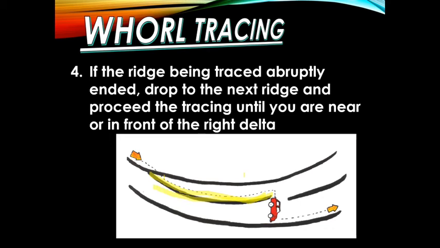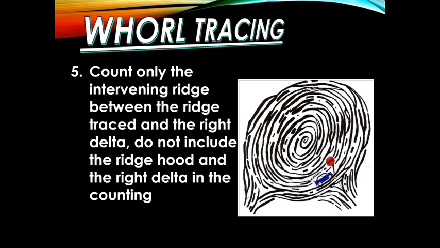here, or the lower branch. And if there is an abrupt ending, or if the ridge being traced abruptly ended, you must drop to the next ridge. So drop to the next ridge and then proceed tracing until you are near or in front of the right delta. At this point,